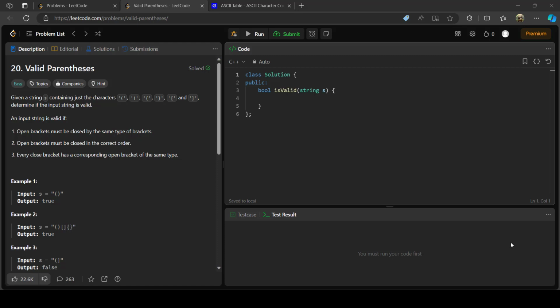Today we are going to solve another LeetCode problem, valid parentheses. This is one of the famous interview problems. In this problem we have a string s containing these characters. These are parentheses. We need to check if the parenthesization is valid or not, and they have mentioned